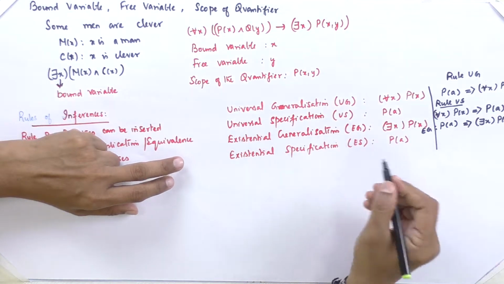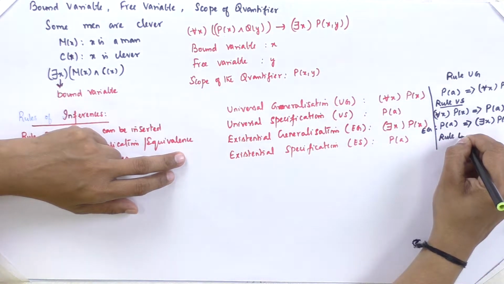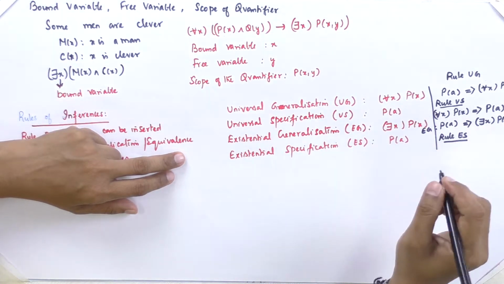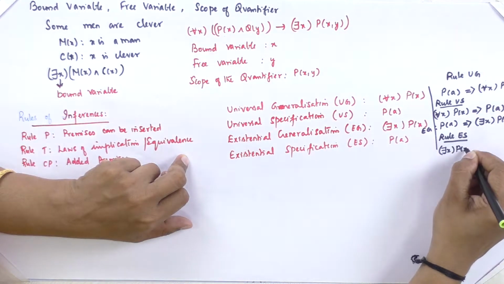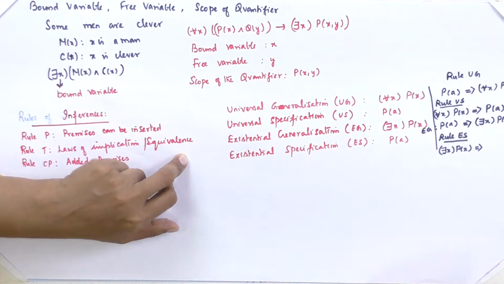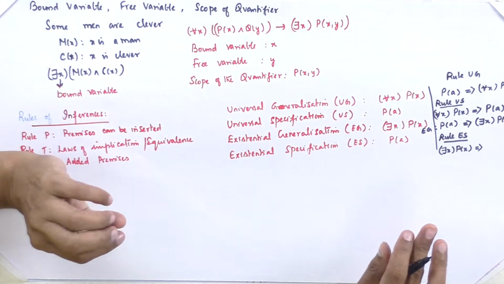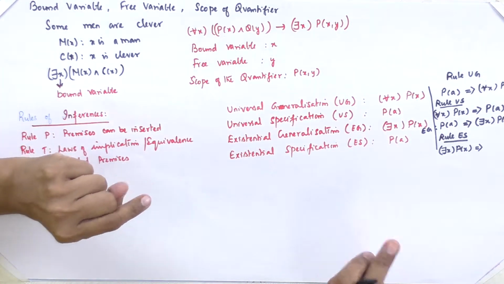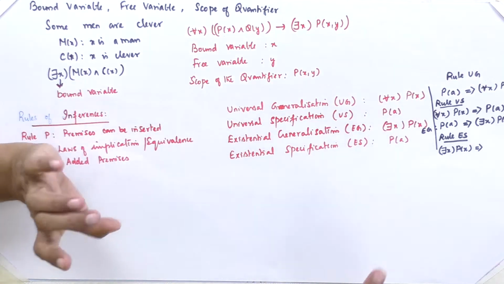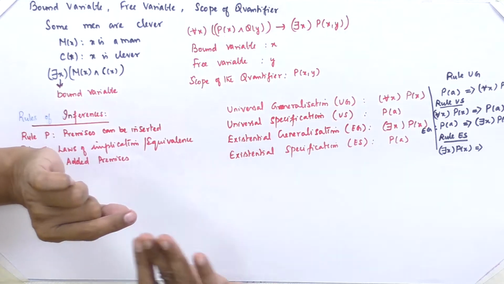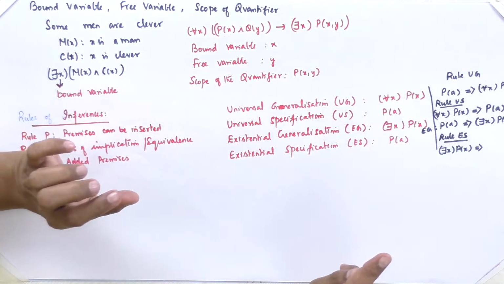And next is existential specification. That is the rule ES. How do I get that rule ES? Let us see. Say, for example, some students in this class sing well, right? Or are good at studies, whatever predicate term you take. Now I will have to specifically say that only one is capable of doing that. So if I have to say that only one person is capable of doing that particular thing,